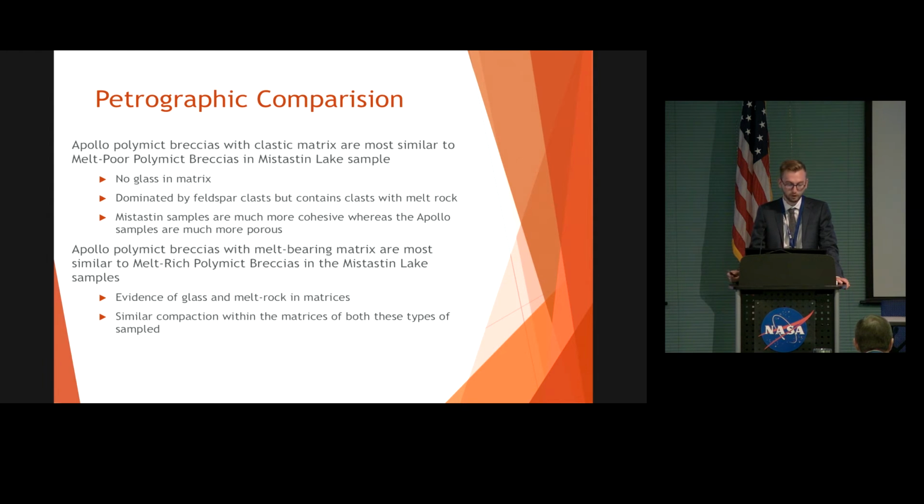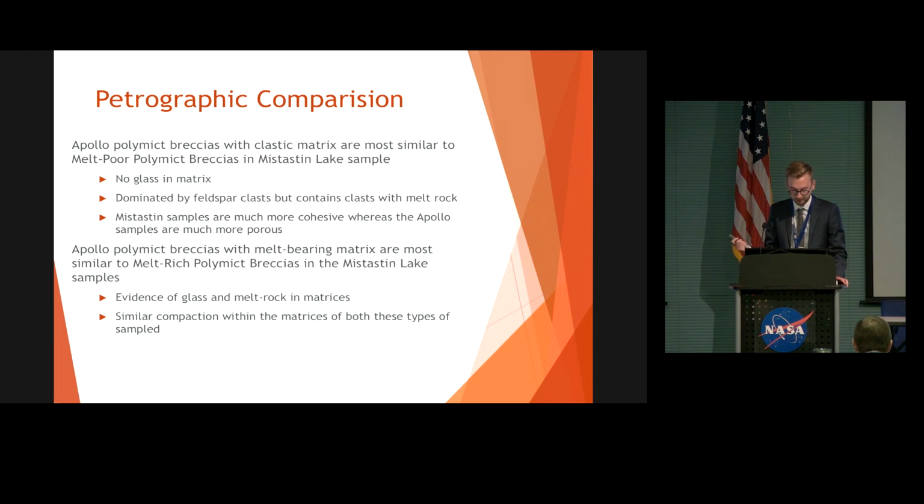So from pure observational data, we've been able to identify that there are some similarities between melt-poor Polymict Breccias and those Polymict Breccias from the Apollo collection that have a clastic matrix. And similarly, the melt-rich Polymict Breccias in Mistastin are also very similar to those with a melt-bearing matrix within the Apollo collection. However, as I stated earlier, we want to try and avoid simple qualitative observation,